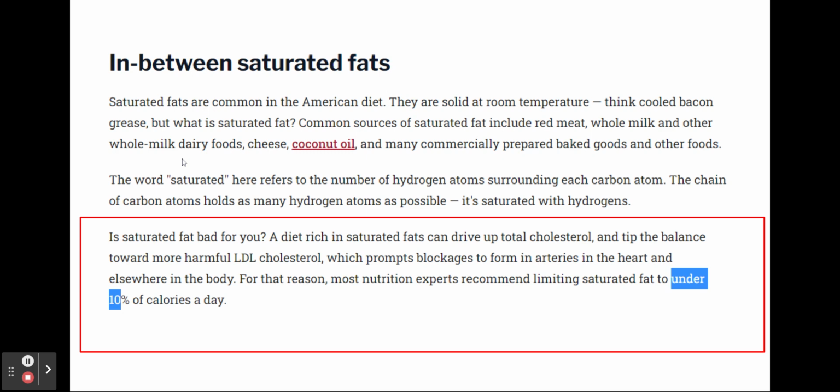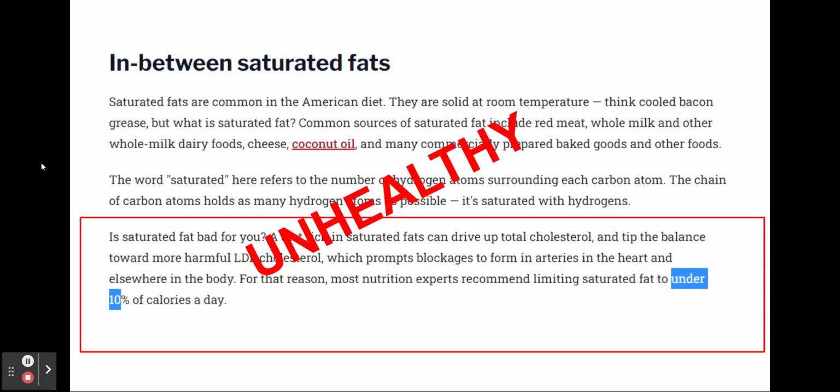Now, because of this quote, I think this food is unhealthy because normally I eat 40 to 50 chips in one sitting, which would be nearly 25% of my allowed fats and more than 10% of my daily calories, like the article says. So this could be bad for my arteries and my heart. Now, the next food I'm going to talk about is